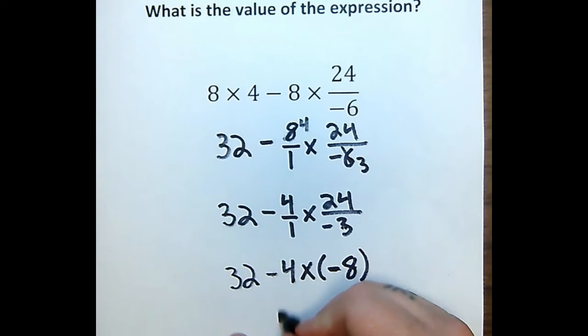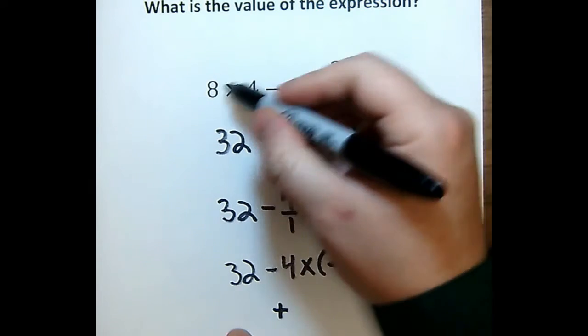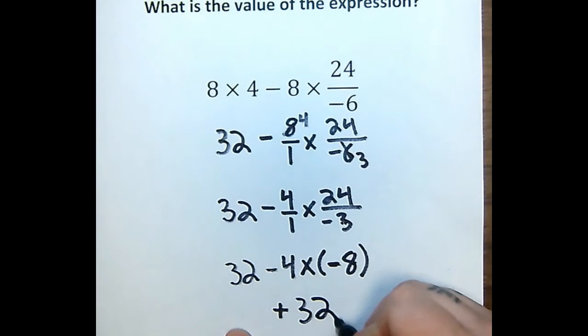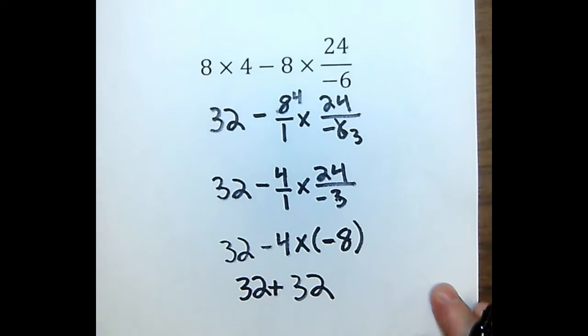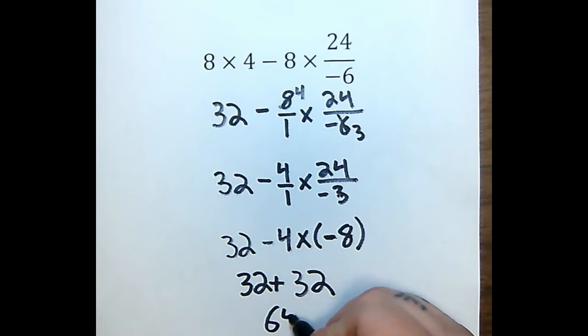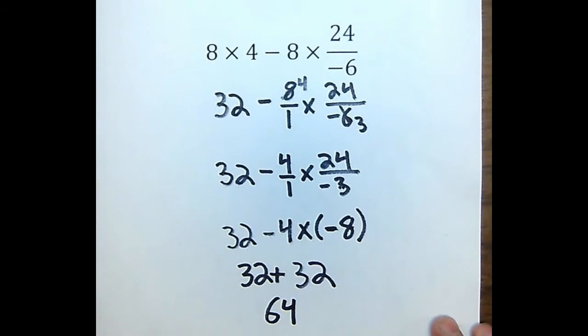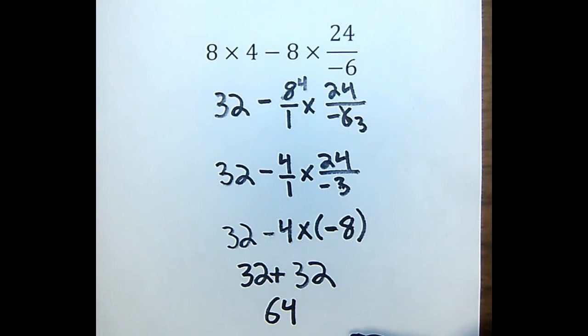A negative and a negative is a positive. Okay, 4 times 8, just like up here, will give me 32. And now I have everything else to write down, and we get 32 plus 32. And 32 plus 32 will give me 64. So we can take this expression up here, and after it's evaluated using our order of operations, we will end up with